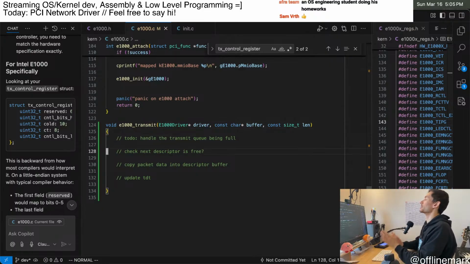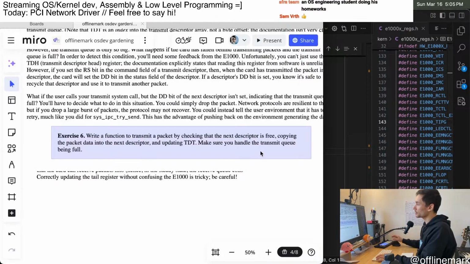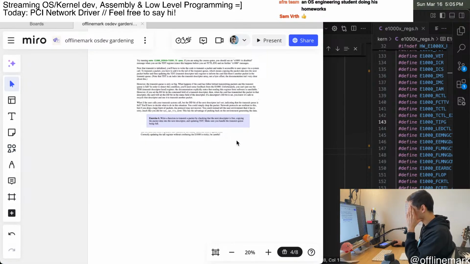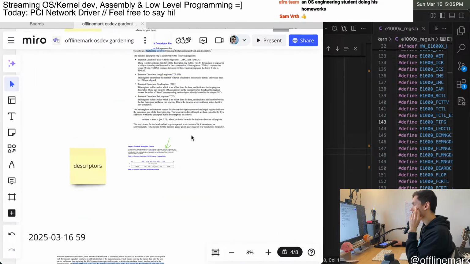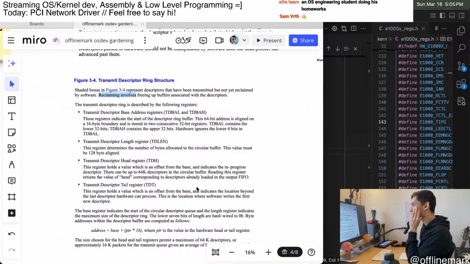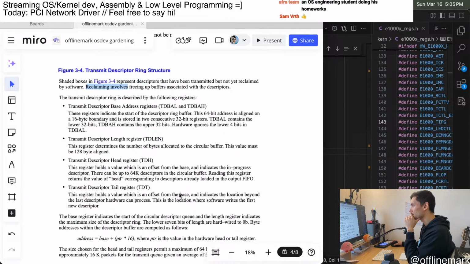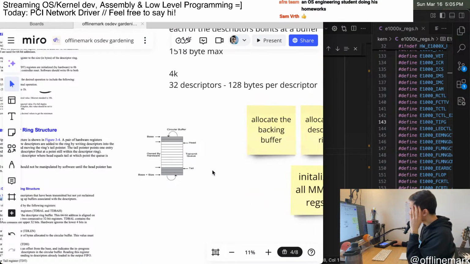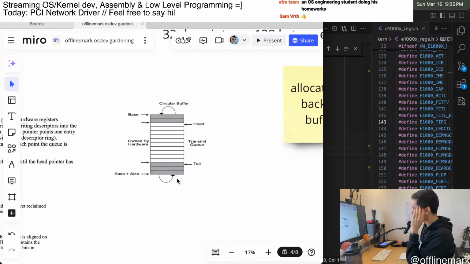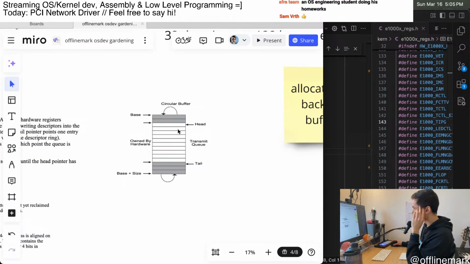Okay. How do we check if the next descriptor is free? So we need to check the head and the tail. Give me a second to think. So